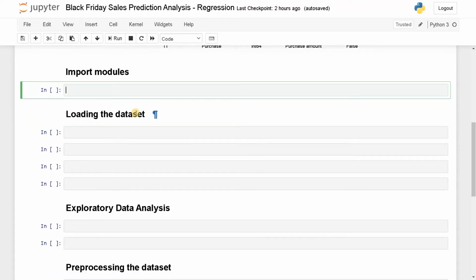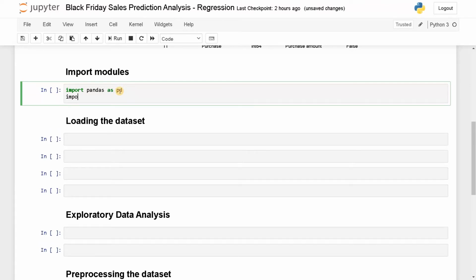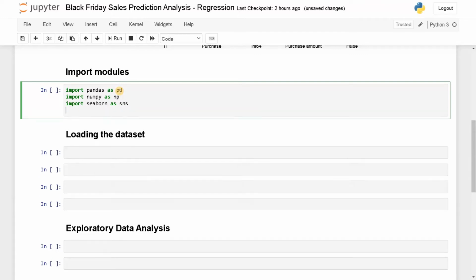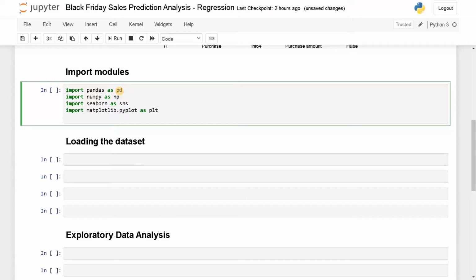Okay, let's import the modules. As usual, we need to import all the basic modules. Let's import it quickly. Import pandas as pd, import numpy as np, import seaborn as sns, import matplotlib.pyplot. Don't forget this pyplot or else you will be facing some errors.